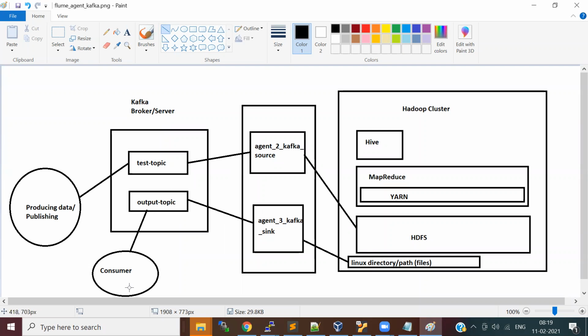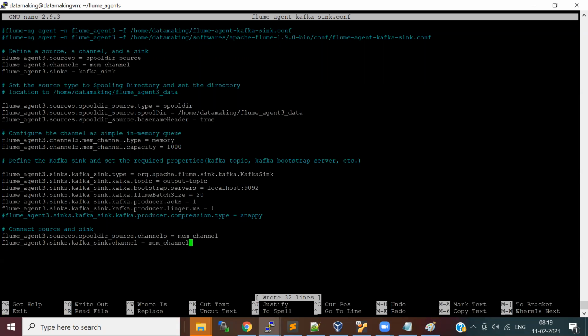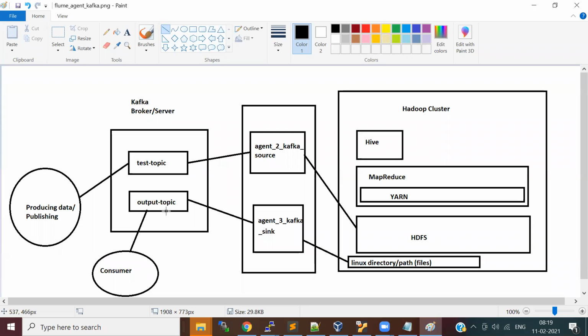This one I am just assuming is a separate application just for you to show data. If I don't write the consumer program, this agent will write data into a topic. But to show you whether the data is actually published here, I wrote this program.